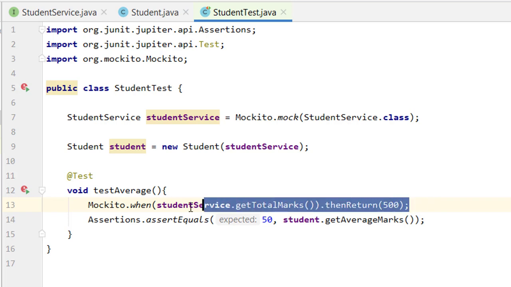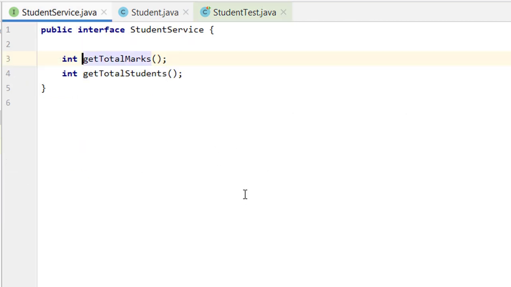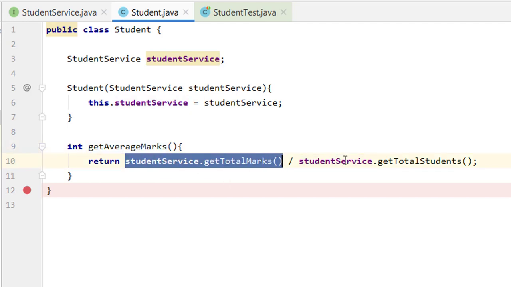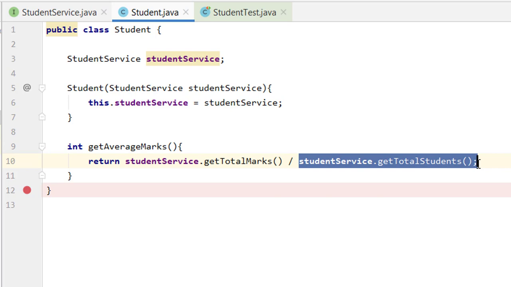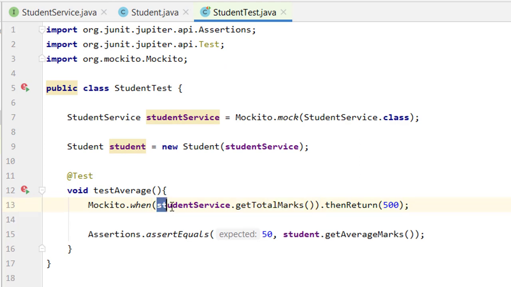So we are hard coding in here, but it's fine, because our requirement is to test this particular test case, and we don't care how this particular method is implemented. Okay, we need to test our average functionality, that our average functionality should work fine, and it is getting the data from some service which we don't know. And even if we know, we don't want to create the object of this particular service, because it could be much more expensive.